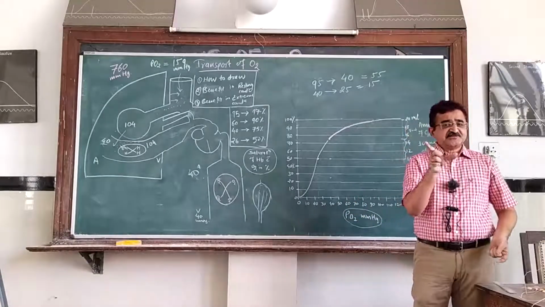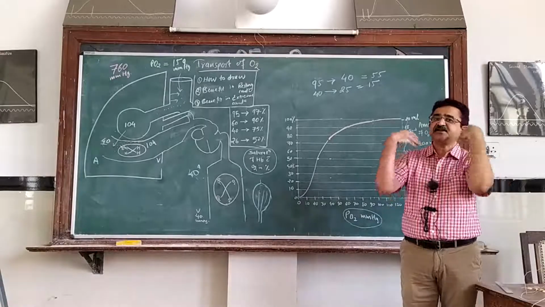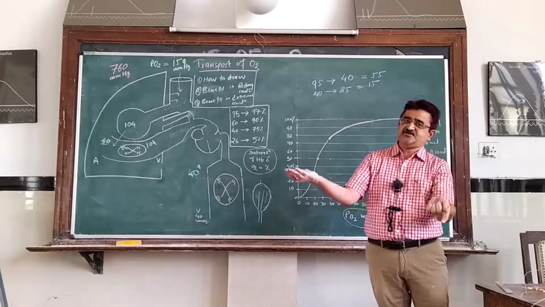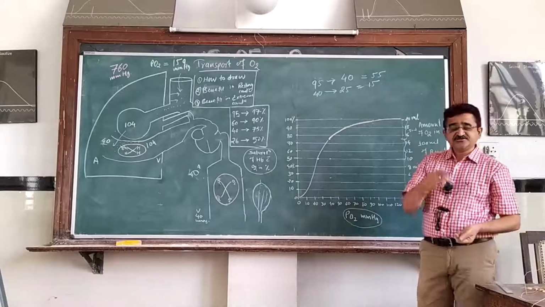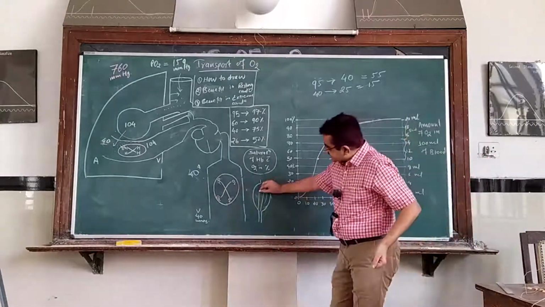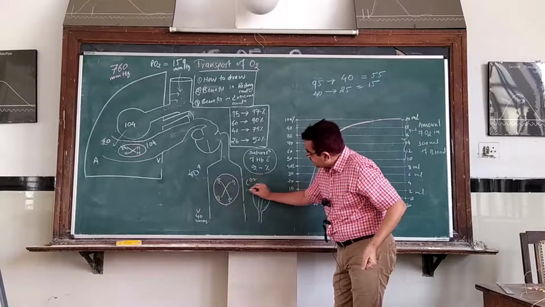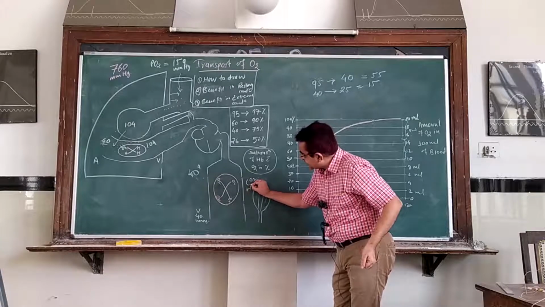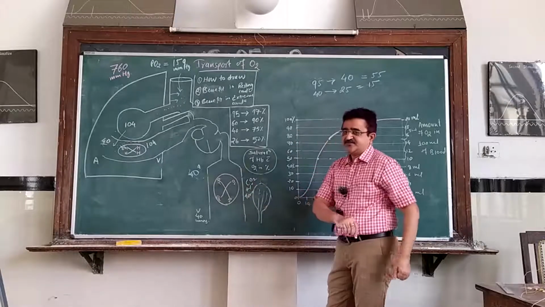That means that something extra has happened in the body that is allowing this 10 ml of O2, that extra ml of O2, to be delivered to the tissue. What is the change that is happening in the body? When the muscle is exercising, it produces more CO2. It produces many acids, that is the H plus ion, and there is an increase in the temperature also.